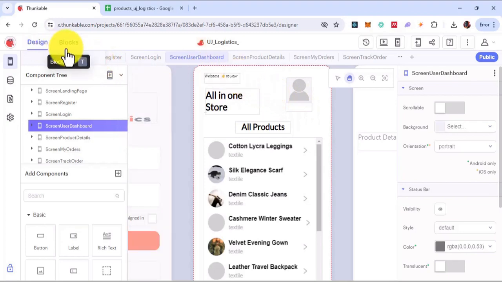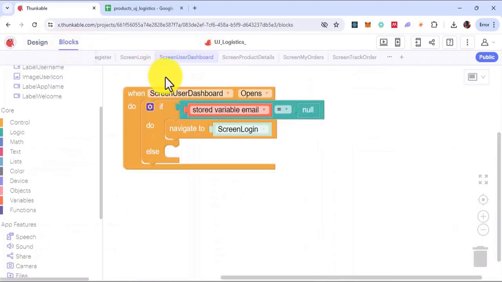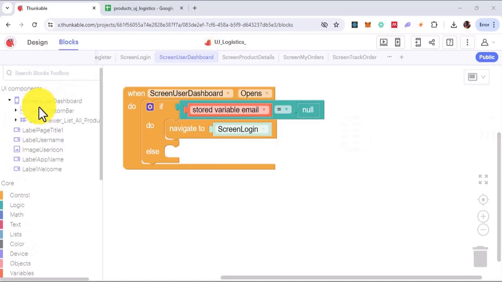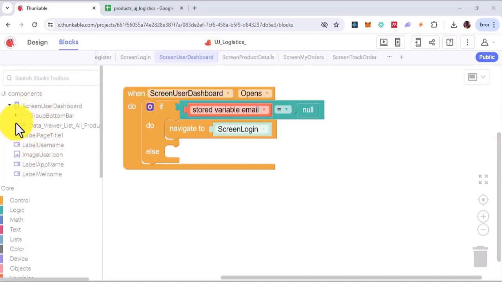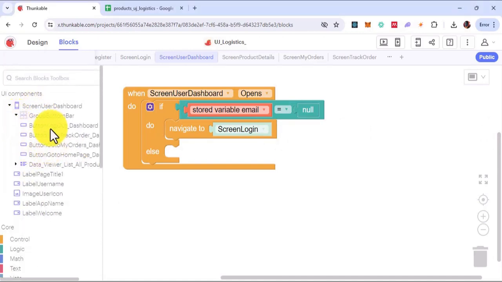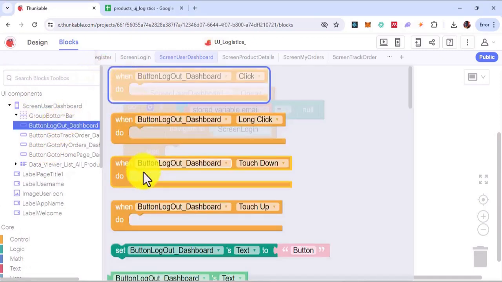As soon as possible. But before then, let us go ahead to implement the logout functionality of our application. For the logout functionality, it is this block, this button under the group. You can see button logout, so you click on it. When the logout button is clicked,